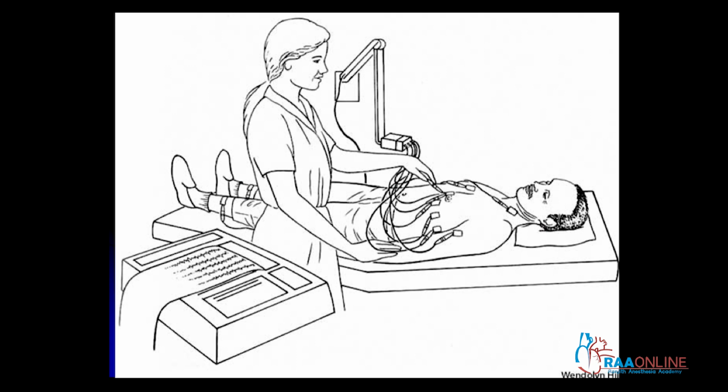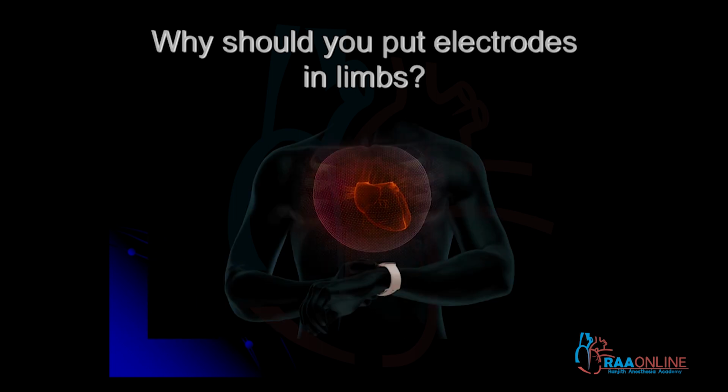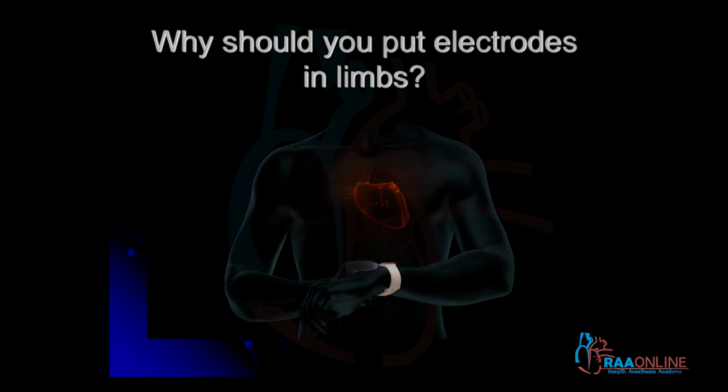They are metal plates. I used to wonder, if my heart is in the thorax, why should you connect metal plates in the lower limbs and the upper limbs? You do not place a transducer in the lower limb to get the image of a liver. Where the organ is, you put the transducer. But your heart is in the thorax. Why should you connect your electrodes in the lower limbs and upper limbs, and it becomes a laborious process of recording an electrocardiogram? This is because the heart's electricity is traveling all over the body.